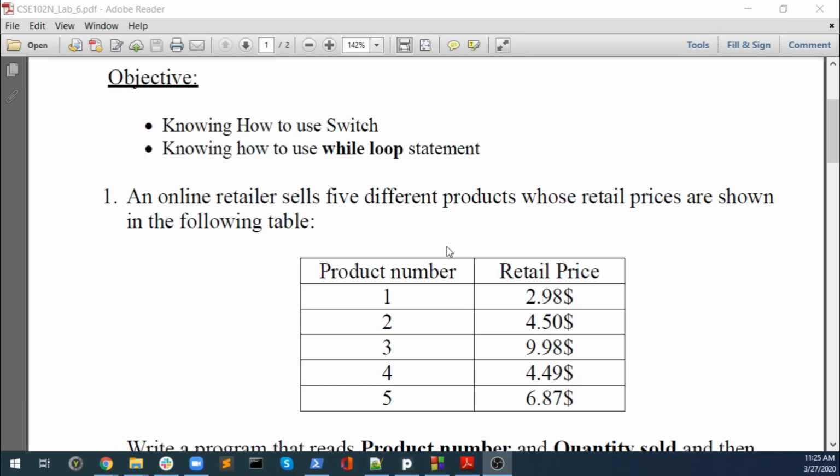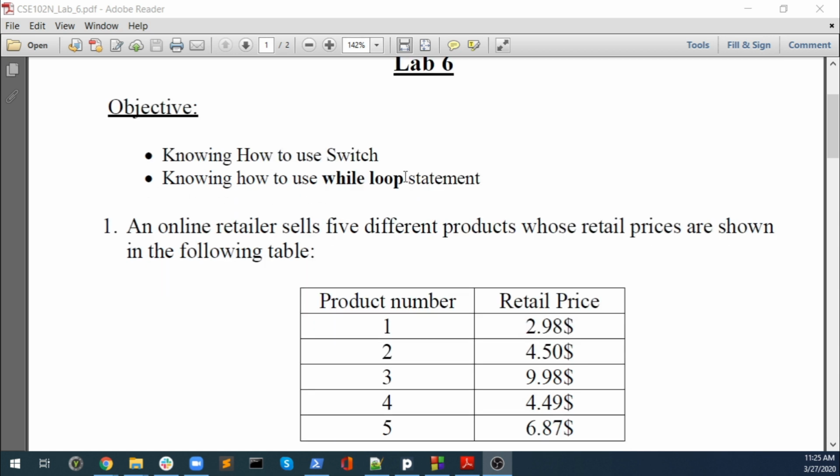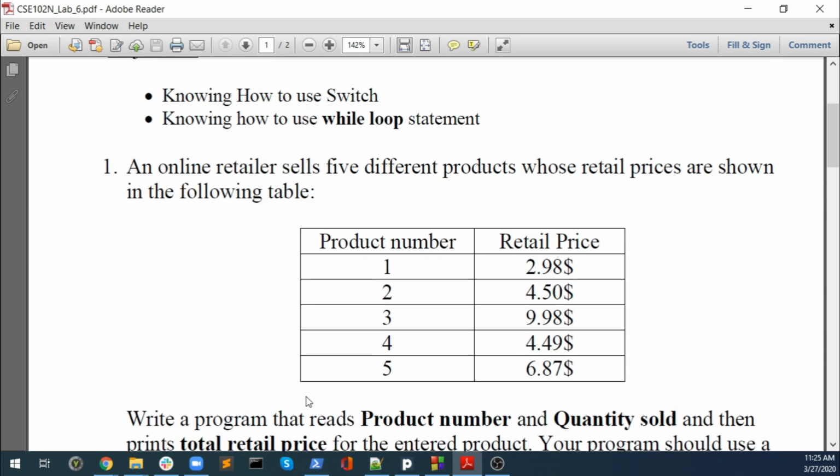Hi dear students, let's start with lab 6, question 1. I will first solve this question using an if statement, but as you can see in the requirement, you should use a switch statement. Okay,